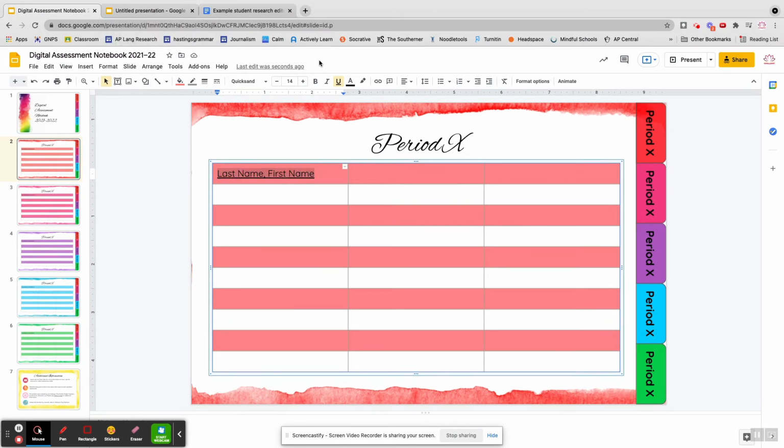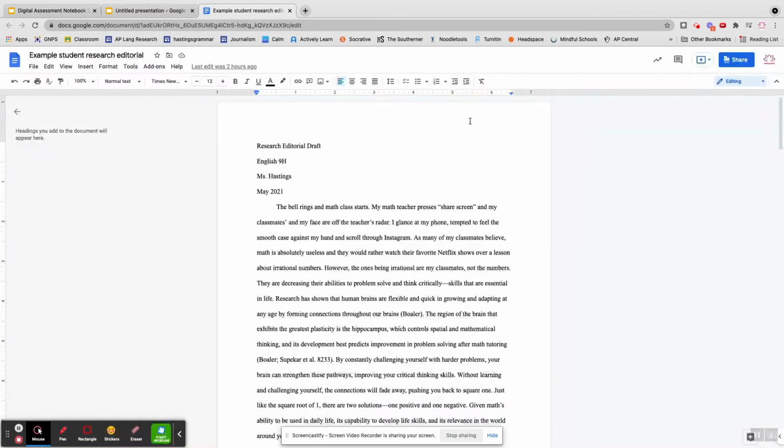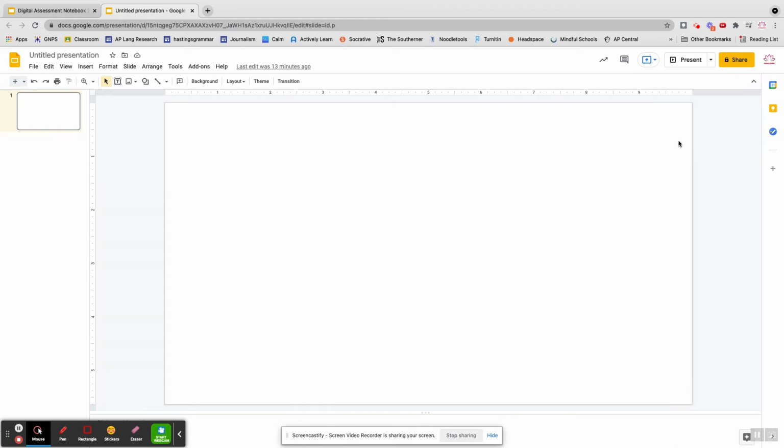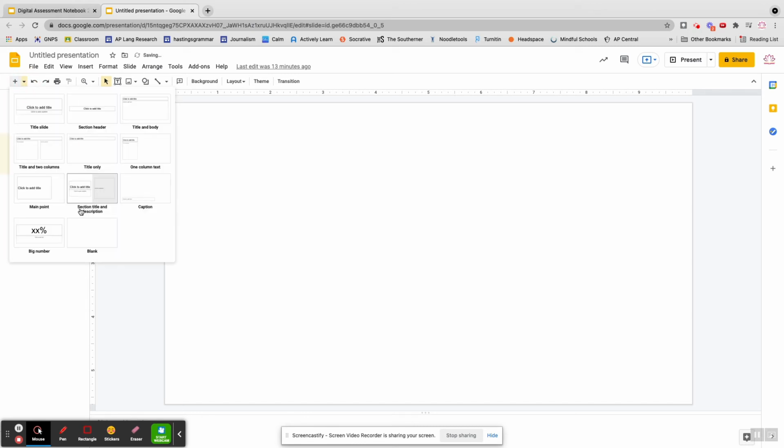So then the next thing I want to show you is how to create one of these from scratch if you're not interested in using mine. The doc stuff is pretty easy. You're just going to create a doc, you're going to insert tables, you can decide how many columns you want, you can add or delete as needed. The part that's not really tricky, but I had to Google how to do this, is to create the hyperlink slideshow. So what I'm going to do is I'm going to insert